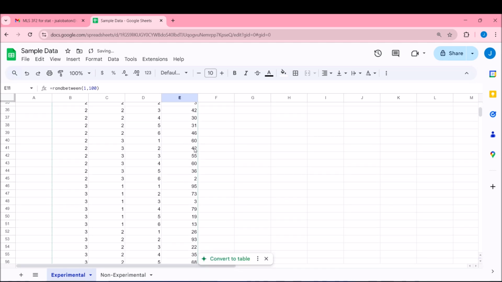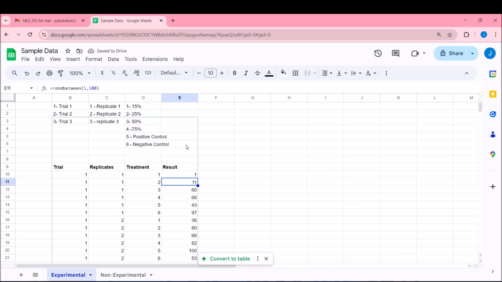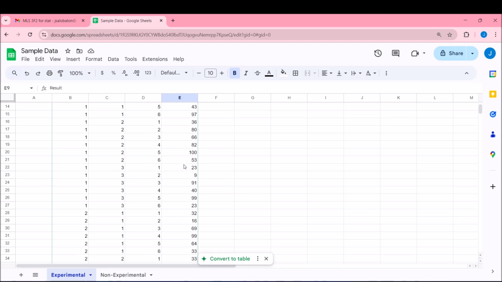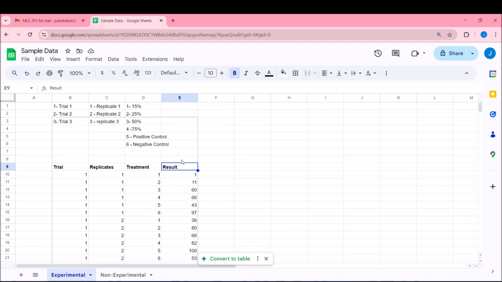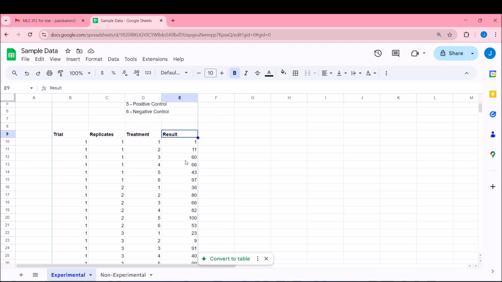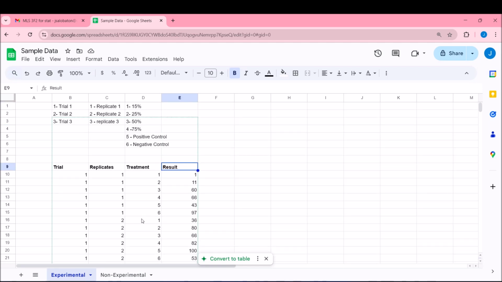Okay. So this is now the results of your data, whatever the study is all about. So you have your trial, the replicates, and treatments and results. Typically there are at least 4 columns for experimental research. So this is how you encode your data.